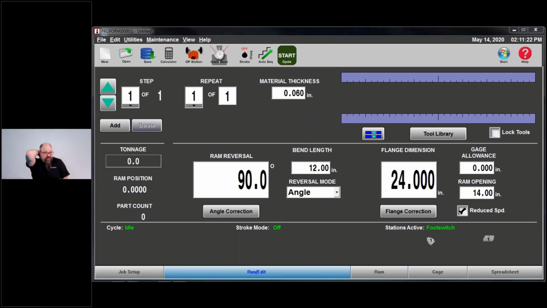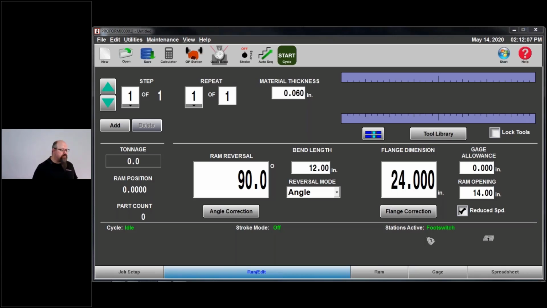That is a paid feature to have turned on at the machine. If you purchased the offline software separate from your machine, then it wasn't turned on at the machine. That's something you would have to talk to either your serviceman or to parts about, to see about getting that enabled at your machine. That's not something I can really address. It's a purchasing issue, but that is why you're not seeing the tools, the ram, the bed, the filler block, because the bend simulation function has not been turned on at the machine. All you have is the basic CAD feature. Okay.